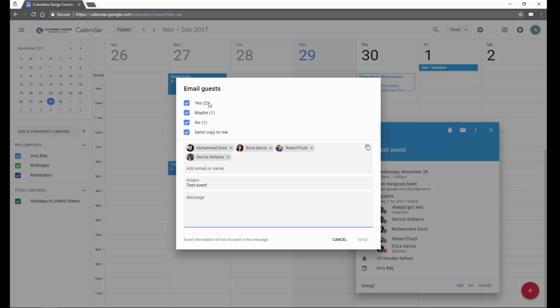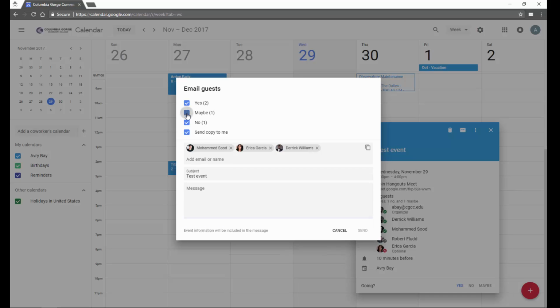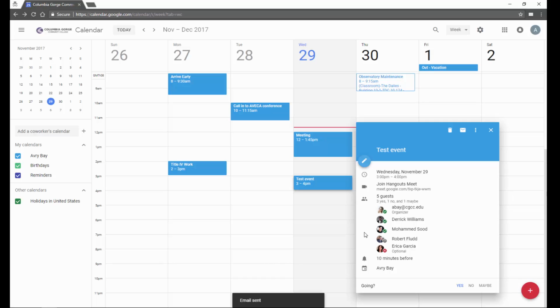Up here at the top, I have the option of filtering down to only include people who say that they can go or are a maybe. So I can go ahead and send an email like that. And it's done. If anyone was joining in remotely, they could click this link right here to join into the